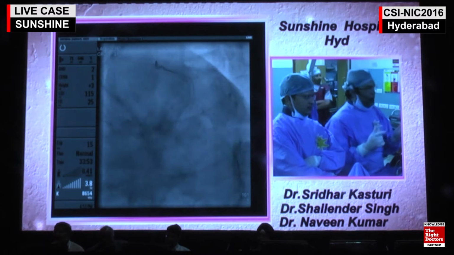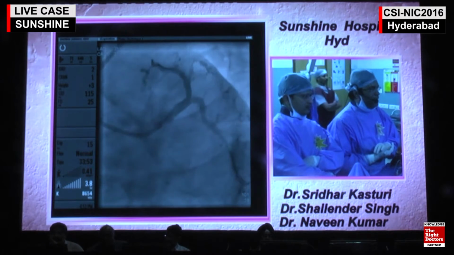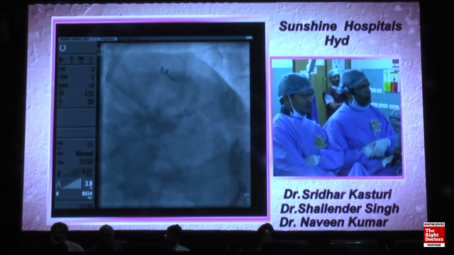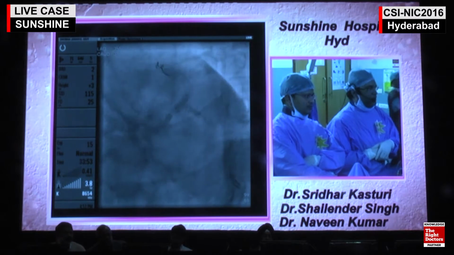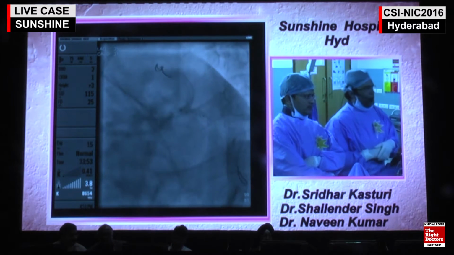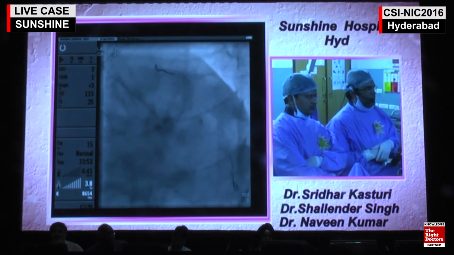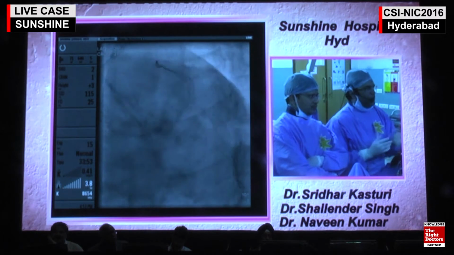Am I clear? Yes. Sorry if I missed, but did you do any stenting into the circumflex or only balloon dilatation of the circumflex? Circumflex was stented. The branch L6 were not stented. It's only kissing. Only kissing, no? Only kissing into the circumflex. Same he did with diagonal. Okay. So you just did a kissing into the circumflex. Post kissing it is looking very nice. Yeah. And there are no traumas and blockers.